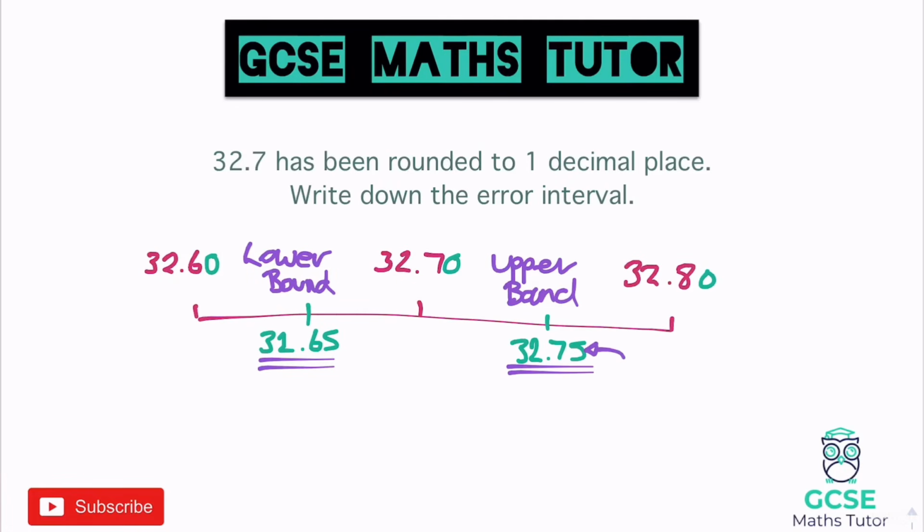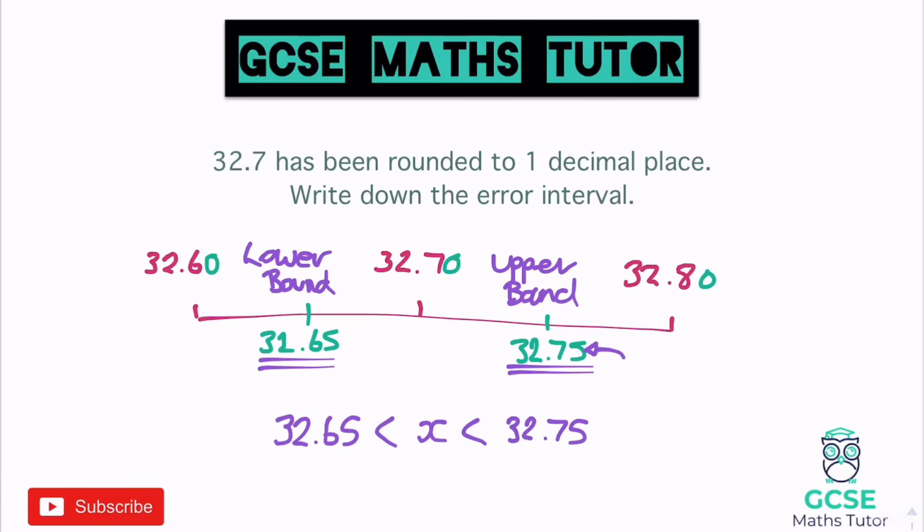Now when we write our error interval, it looks a very specific way. We put something in the middle. We can either put 32.7 or we can just put a letter in the middle. I'm just going to put the letter X in the middle. We have two arrows pointing to the left for our inequality here. This is how we write it. And we put our lower bound on the left and our upper bound on the right. So our lower bound on the left, signifying our lower number, is 32.65. And our upper bound on the right is